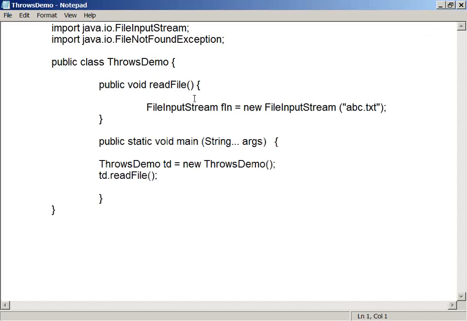Now see what I'm doing here. What is the error message it is saying here? Now try to understand this. FileNotFoundException. Fine. Yes, I did not do anything.